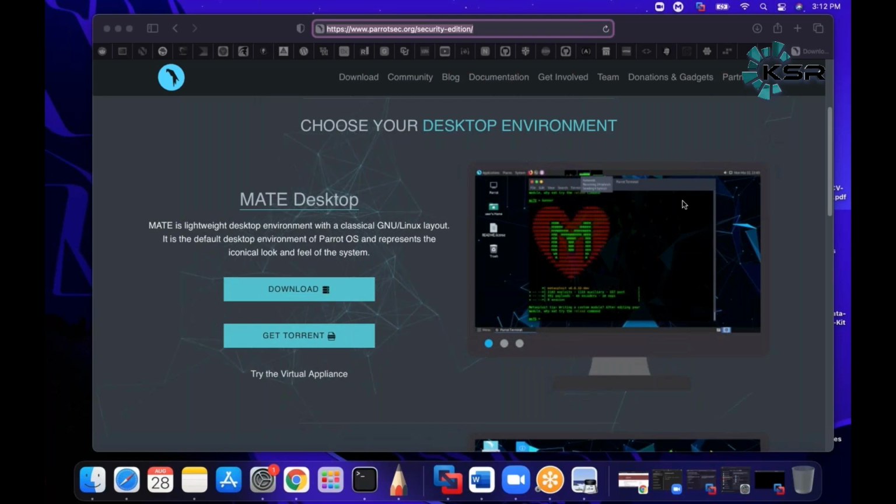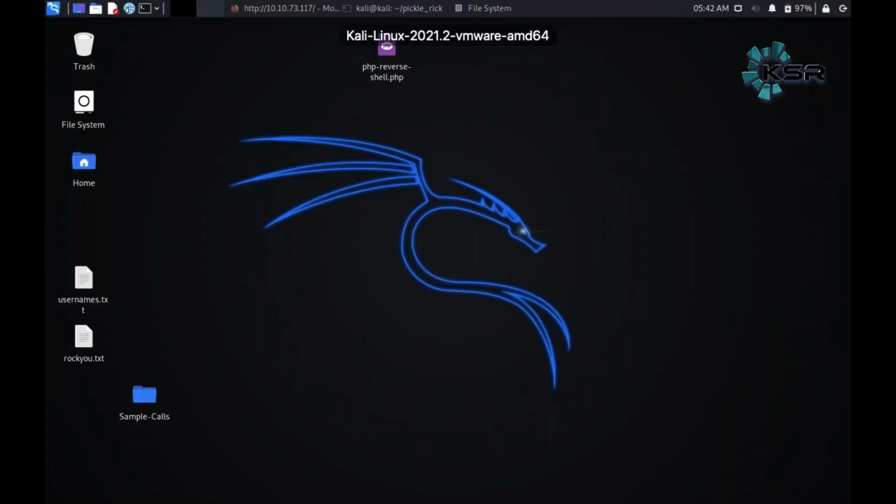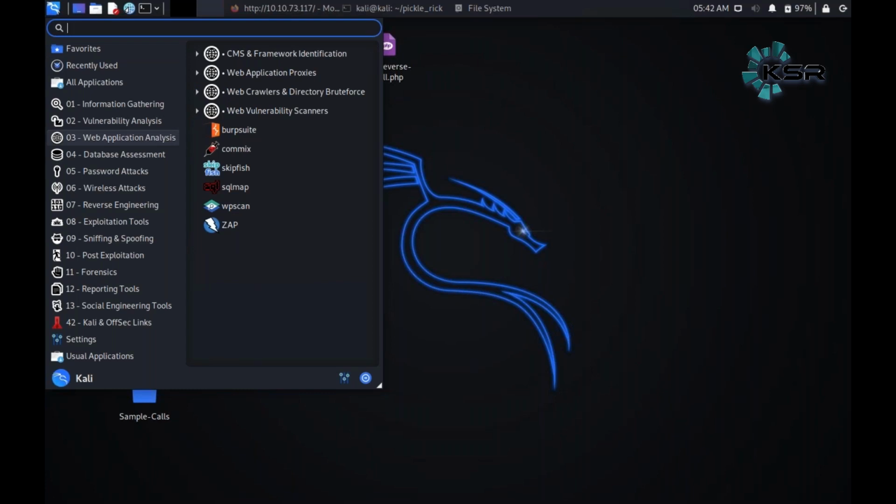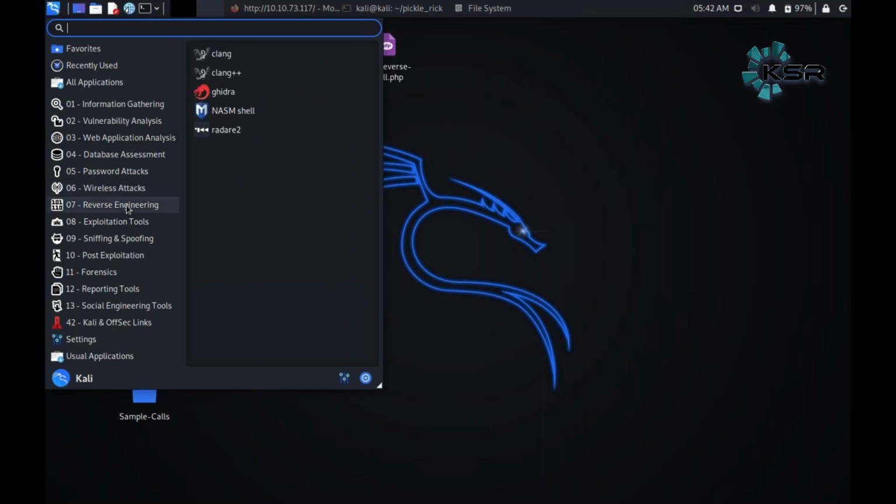Okay, so this right here is your Kali Linux operating system. And there are a variety of tools present on it. Okay, so if you go here, there are different types of tools. You want to hack into a machine, you've got tools for that. If you want to learn assembly language, you want to learn malware analysis, if a malware hits your system and you want to open it up, then you have tools for that, like this one, in the reverse engineering section.